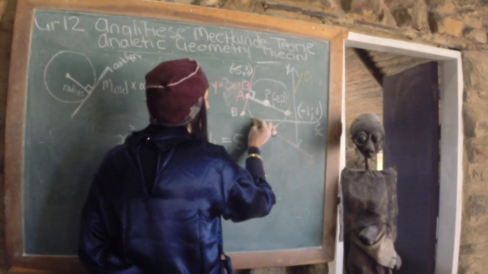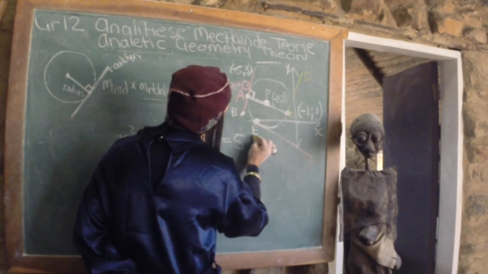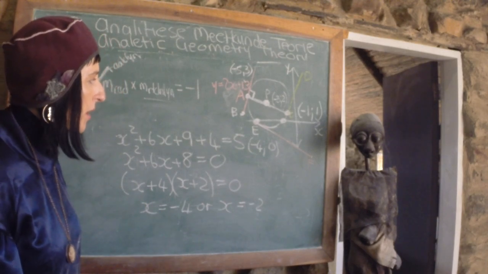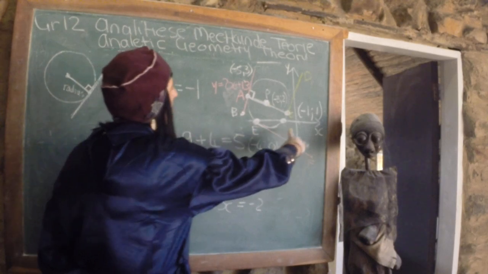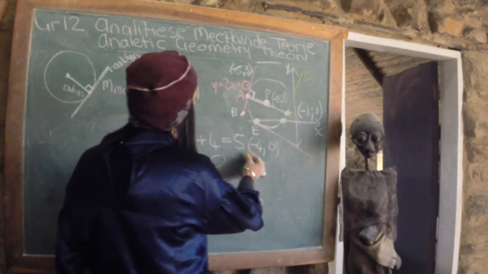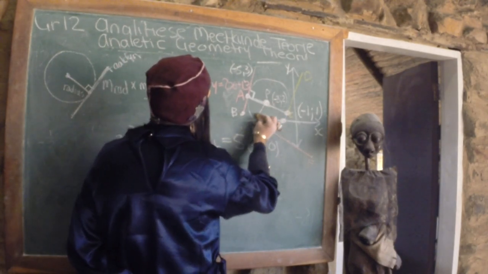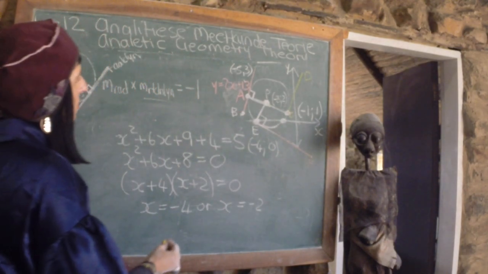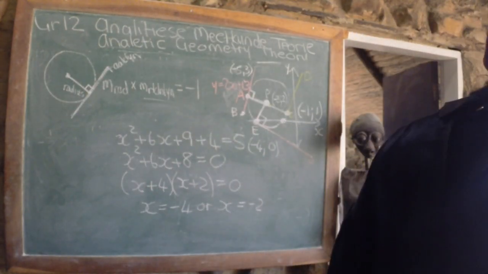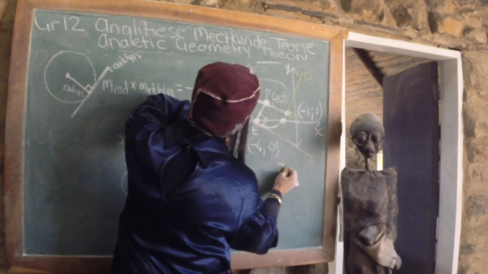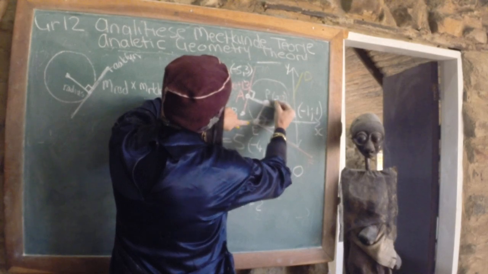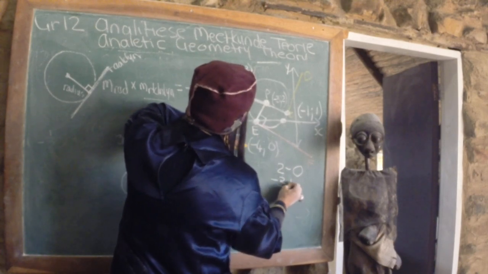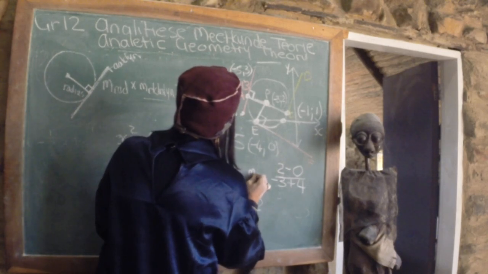En hier kan ons hulle sien, ouens, jy kan duidelik sien, daai ouetjie is minus 4, 0, en daar waar hy hom weer sny, moet minus 2, 0 wees. Wiskunde is beautiful. It always makes sense. The two x-intercepts of the circle. Goed, so die koördinaat van E is minus 4, 0. Nou kan ek my gradiënt kry, deur weer eens, 'n raaklyn is loodreg op die radius. So to get the tangent, I'm going to get the difference in y, 2 minus 0, op die verskil in x, minus 3 minus minus 4, dit gee vir my minus 3 plus 4,